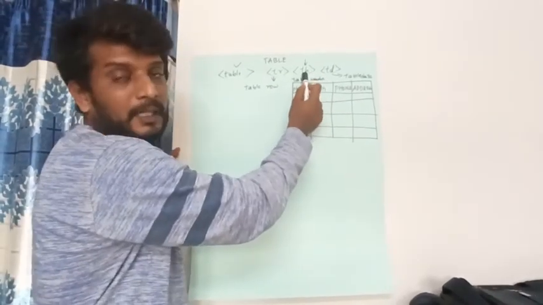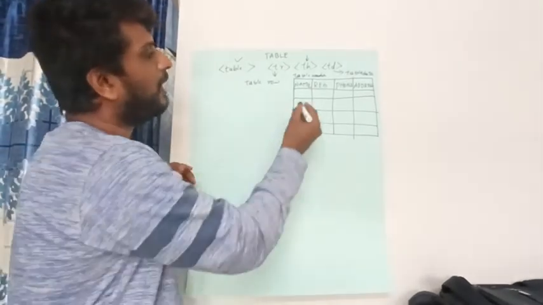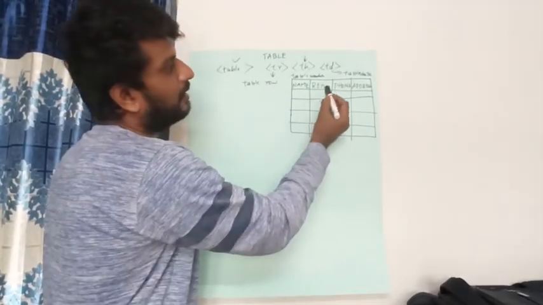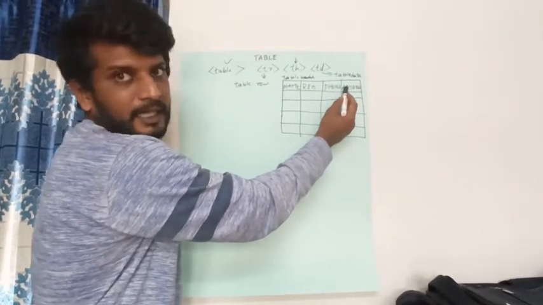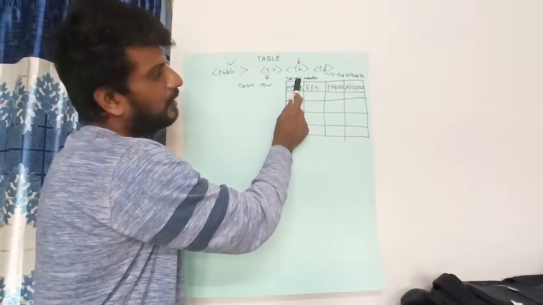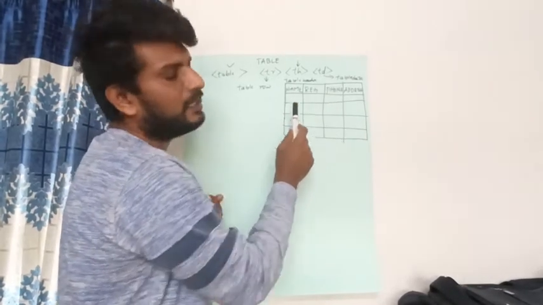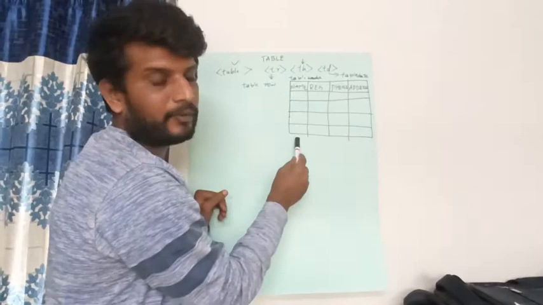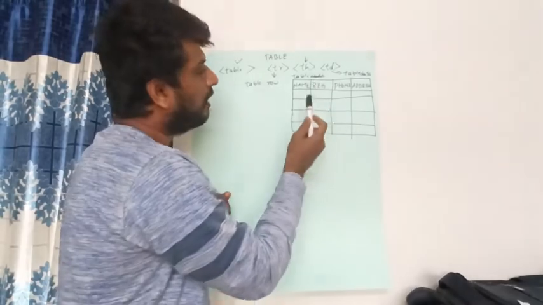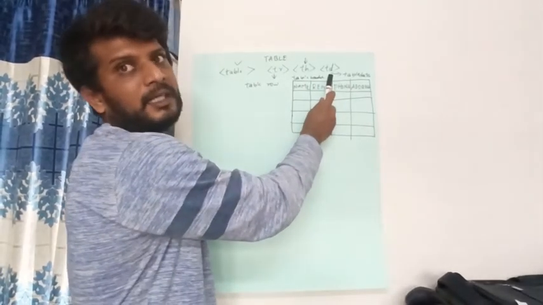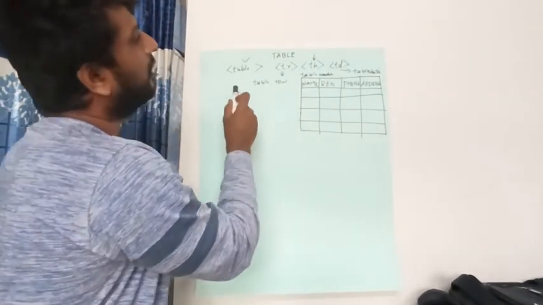The next thing is table heading. At the first row of the table, you will have some data like name, register number, phone, and address. This data can be considered as the headings, so that needs to be enclosed within the table header. The third thing is called TD, the table data. Whatever names, register numbers, phone numbers and addresses you are giving, all these need to be enclosed within the TD tag. So these are the 4 different tags that can be used within the table.